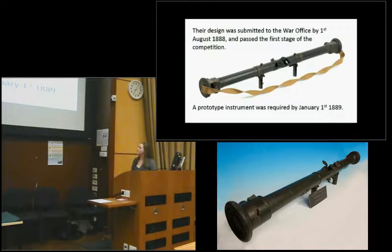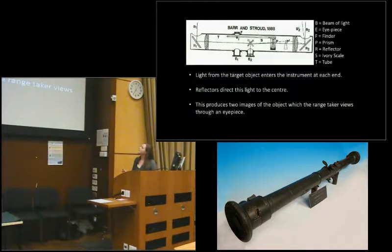and the next month they found out that they had successfully passed the first stage. So they now had 4 months to produce a prototype instrument and submit it to the War Office by the 1st of January 1889. So let's now take a bit more of a closer look at how this particular model